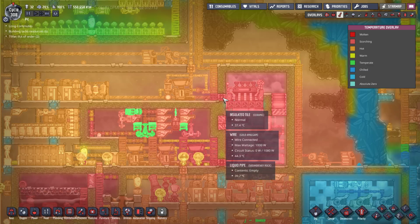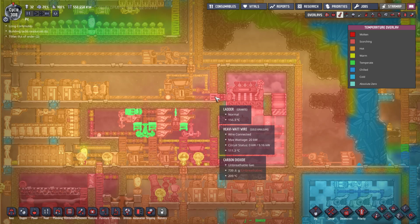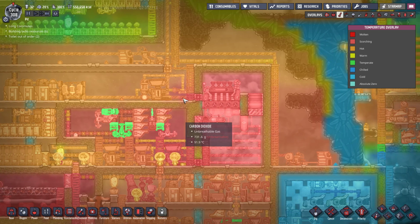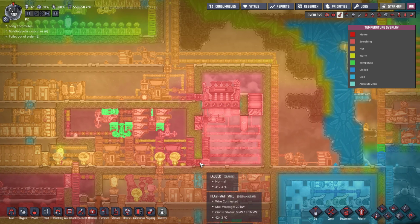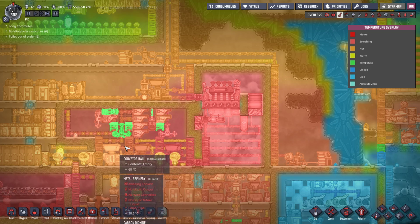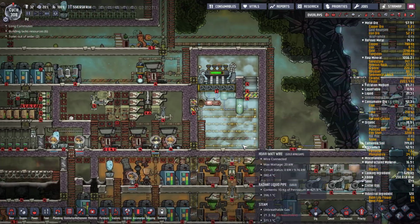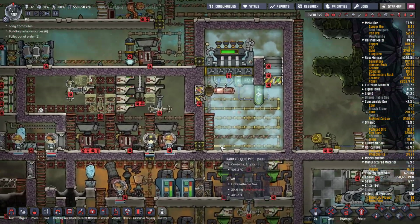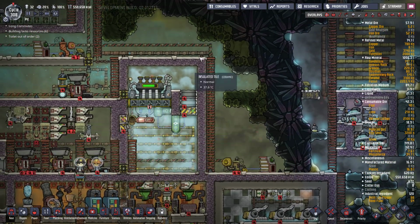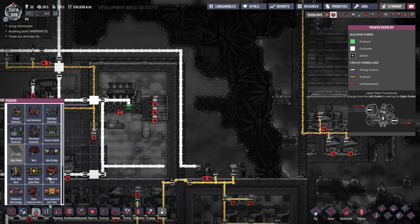I'm also really not a big fan of how much heat is pouring out of these heavy watt wires, or heavy watt joint plates. Because this is getting way hotter in here than it should, especially with the lower overheat temp stuff in there. So I'd like to fix all of this. So what we're going to do, we're going to start with...